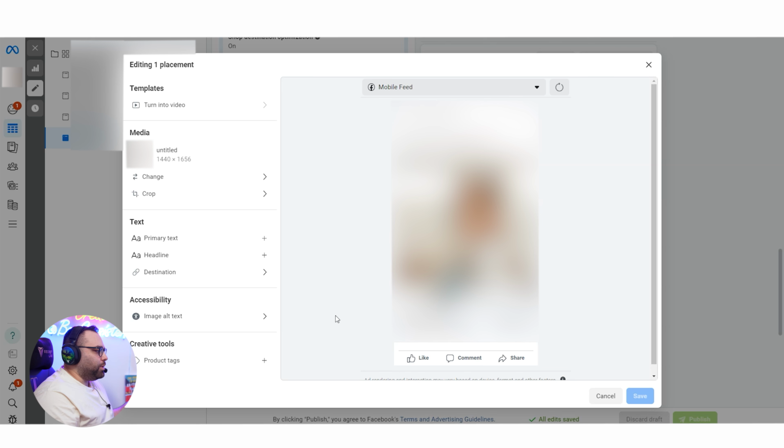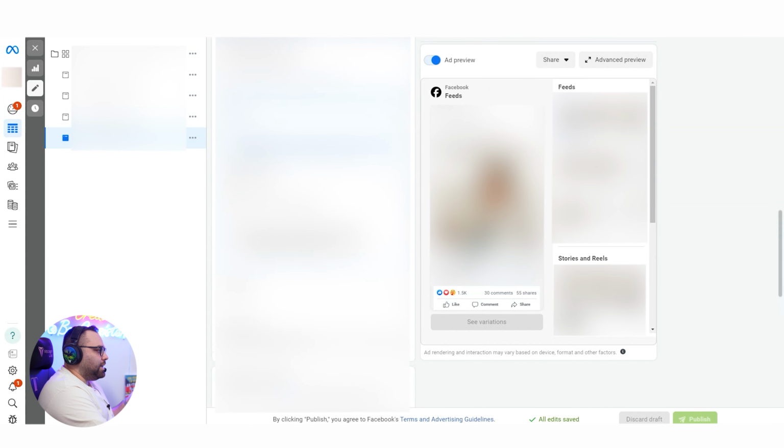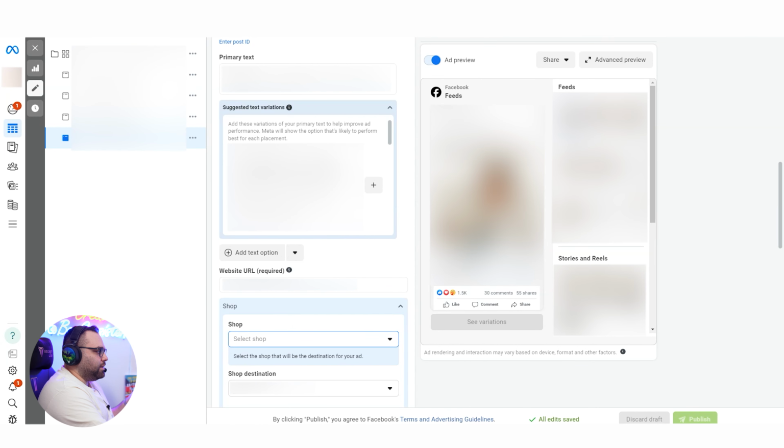Last thing and super important: whatever settings you have here, these are the settings that Facebook is going to take for the different placements. So you might have one copy over here on the primary text and another one over here. Facebook is going to respect the one that you set on the different placements, because this is what you're asking, to override the main settings, which is this one.